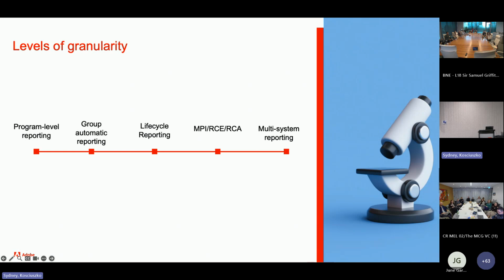Lifecycle reporting, this is tying everything back to where people are at in their customer journey. MPI, RCE, and RCA, that's the more advanced reporting that feeds off once you've got enough data for your lifecycle. And then multi-system reporting, which is where everyone really does want to get to as a business,